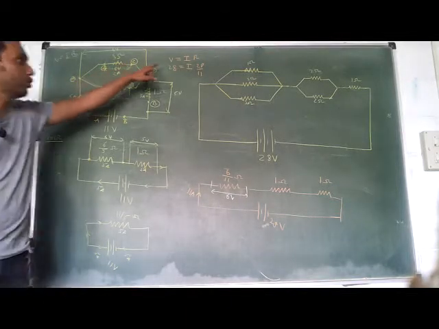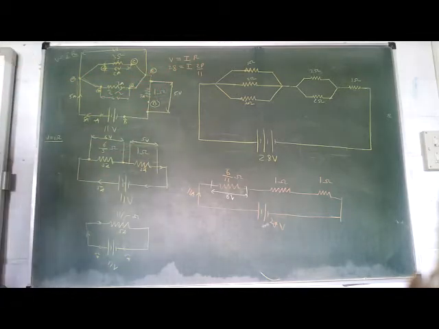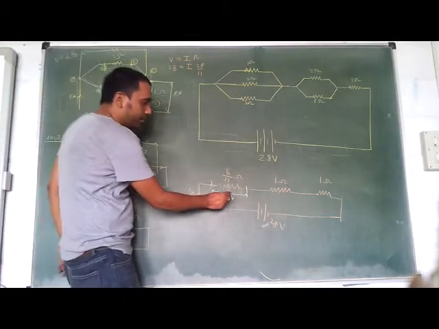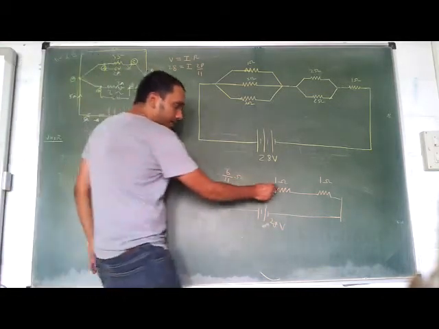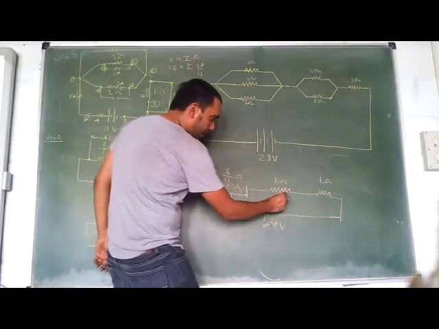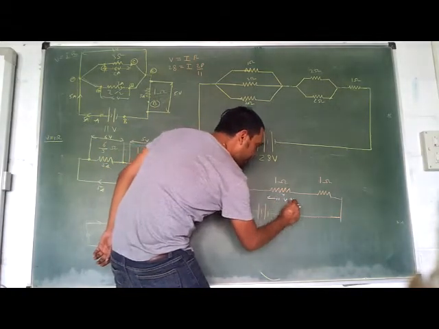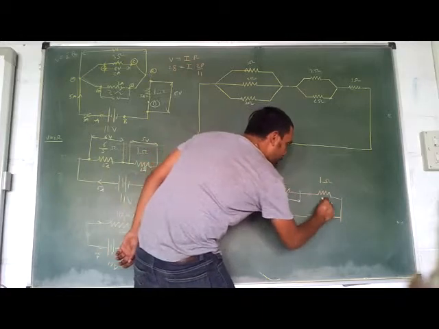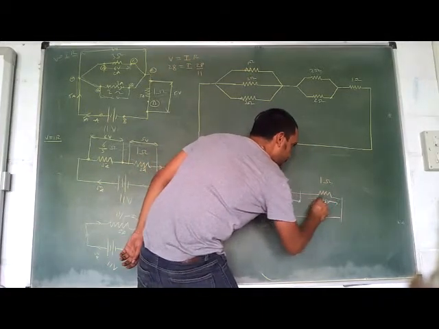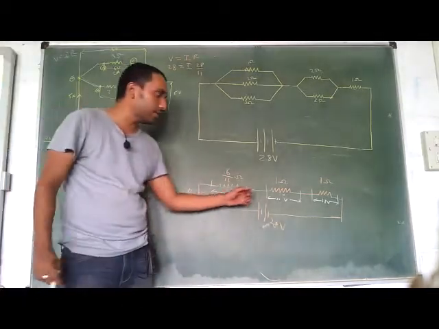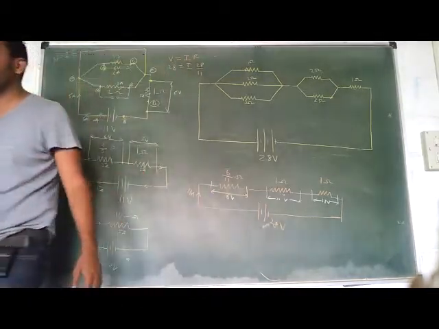This formula is only for potential drop across the resistance. Mind you, do not think it is battery voltage. So for this, you get 6 volt. For this, again the whole 11 amperes are going through it, and you get 11 volts across this. And how much across this? 11 volt across this. So let me see if our calculations are right or not. 6 plus 11 plus 11 gives 28. So you can proceed further.